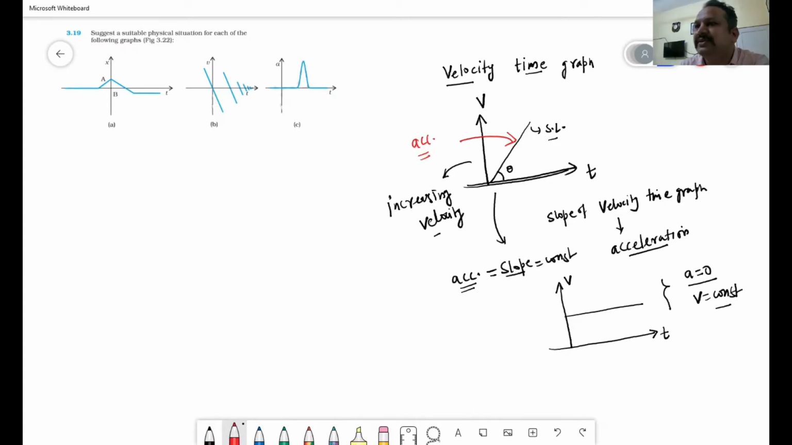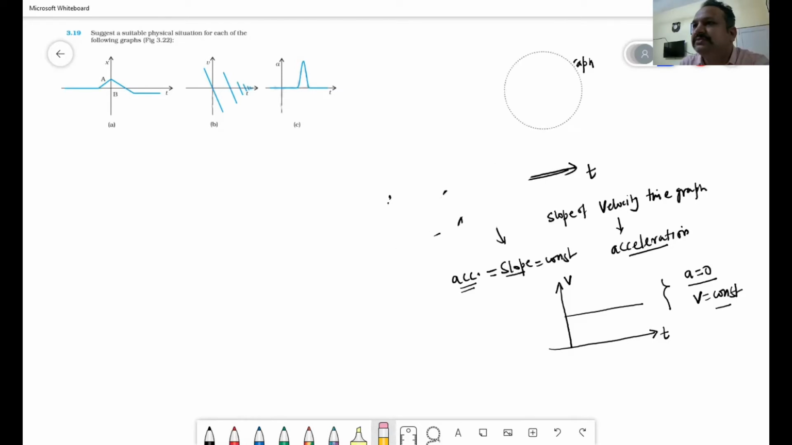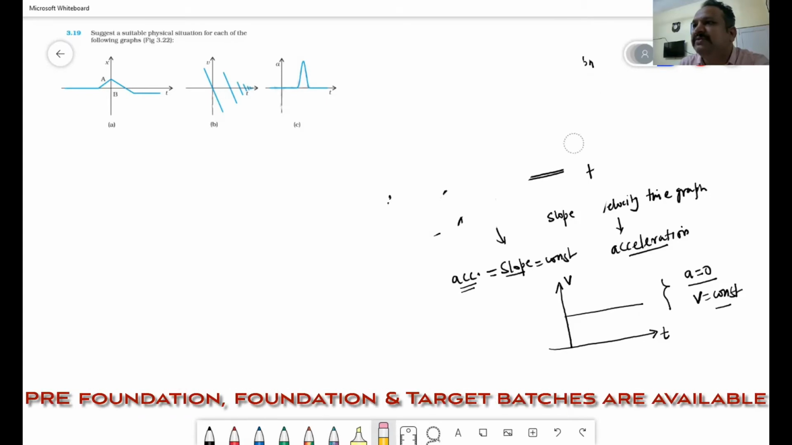Now we are going to solve these three situations. What are the physical situations given in graph A, B and C? So we are going to relate the situations. So first let me remove this thing. So this is all about the fundamentals of velocity as well as